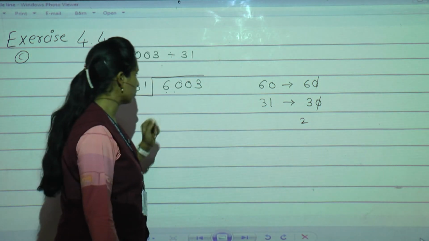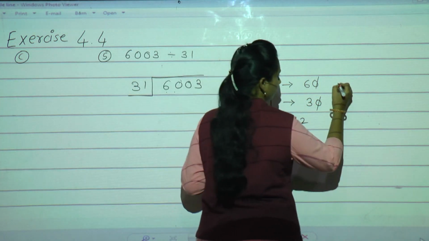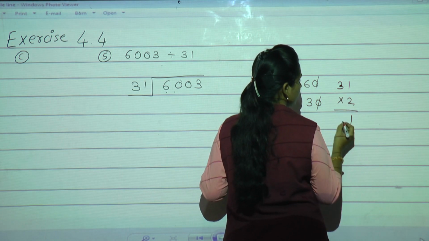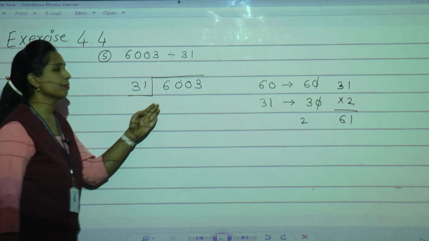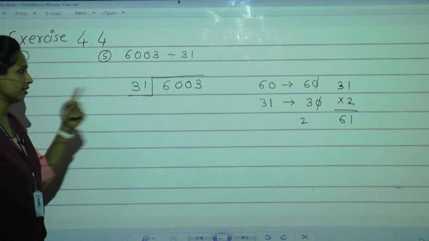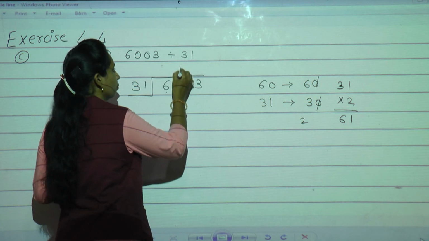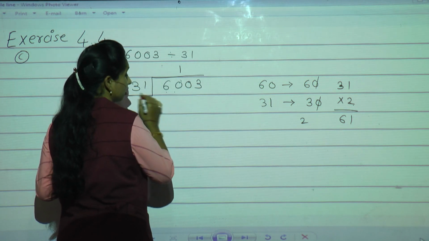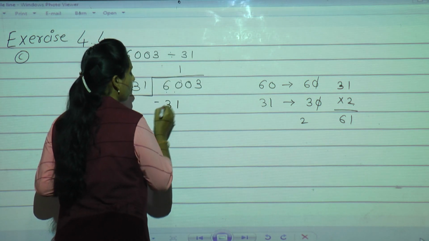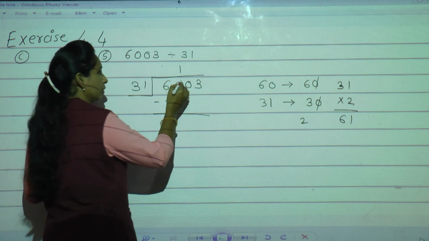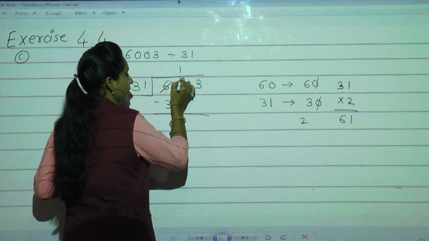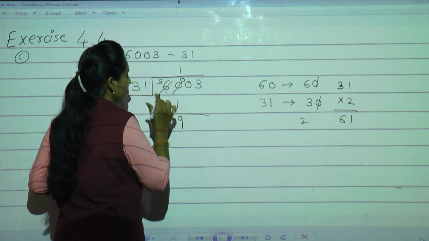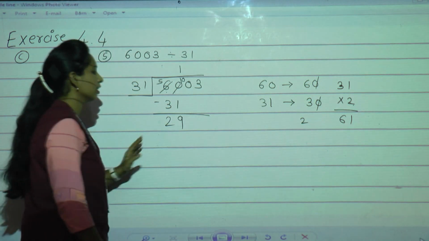Now we will try with actual number. 31 2s are. 2 1s are 2, 2 3s are 6, 62. But we cannot subtract 60 from 62. It is greater than 60. So we have to go with 1 only. 31 ones are 31. 0 minus 1 we can't do. Cut the 0 right as it is. Take borrow from neighbor. Neighbor is having 6. He will give 1. 5 will remain. Now 10 minus 1 is 9. 5 minus 3 is 2. Isn't it? Now 29 is remaining.